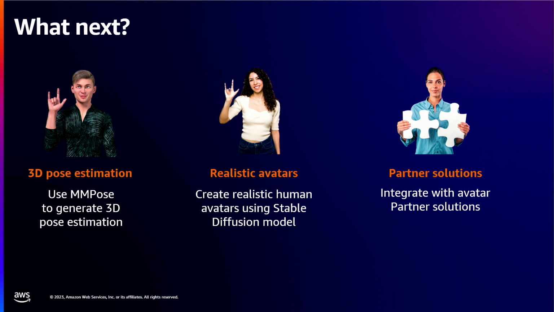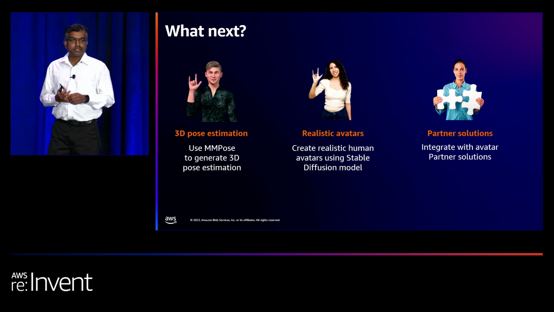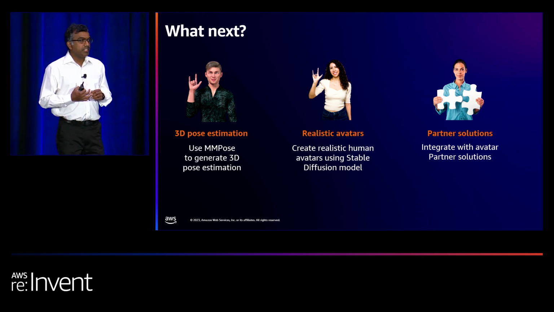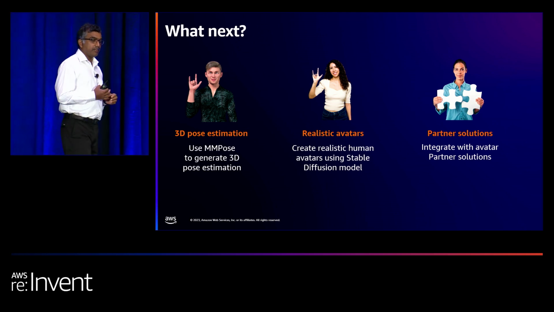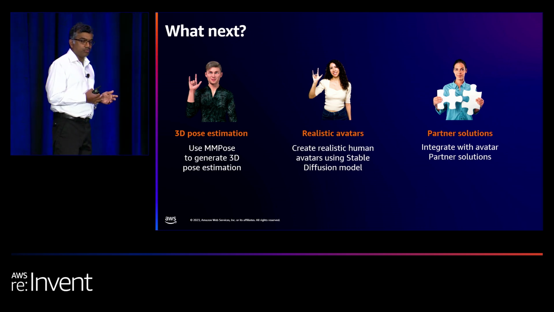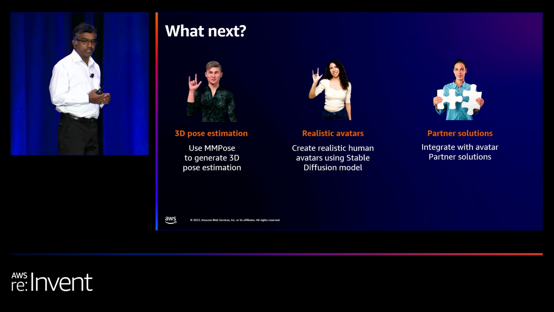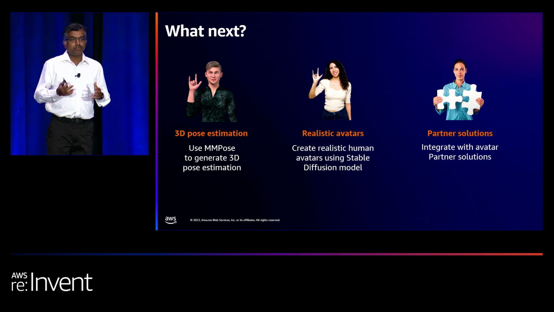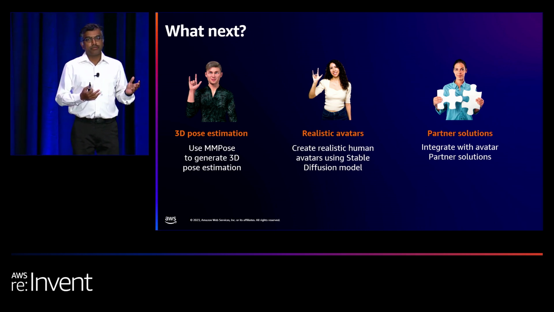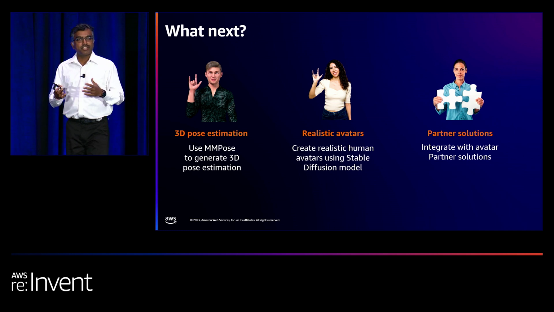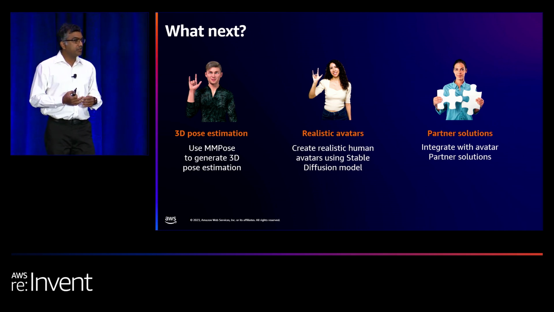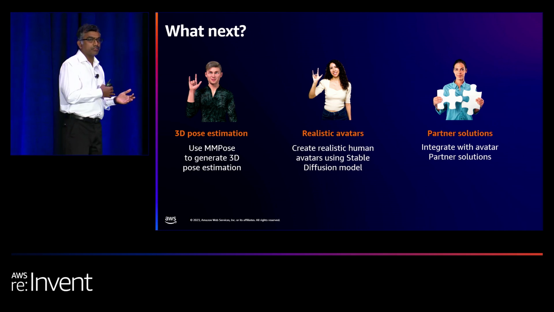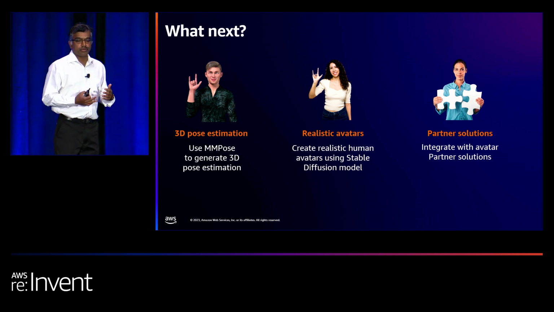So what is next? As you can see, the GenASL application is currently generating a 2D avatar. So we are planning to convert that to a 3D avatar. There are 3D pose estimation algorithms already available and supported by MMPose. We are going to use that to create 3D key points. On the 2D key points, like we saw, there are 133 key points. But when we use 3D, it's going to generate thousands of key points. So we have to store thousands of key points, so it needs a lot of compute.